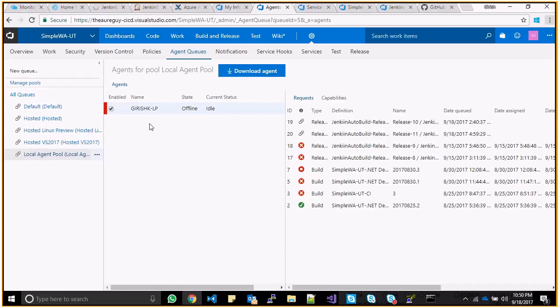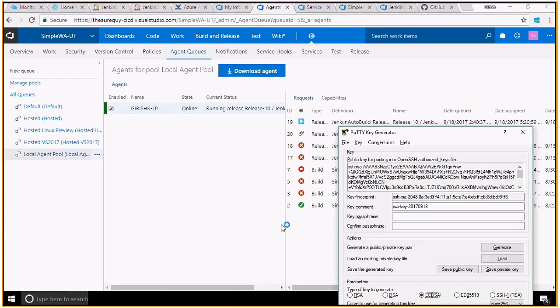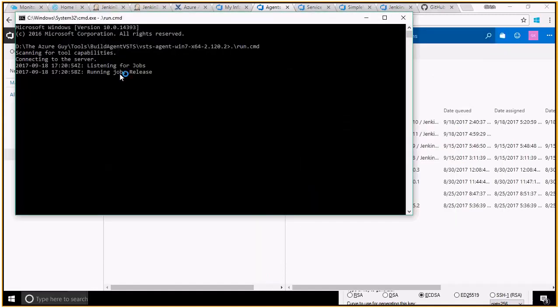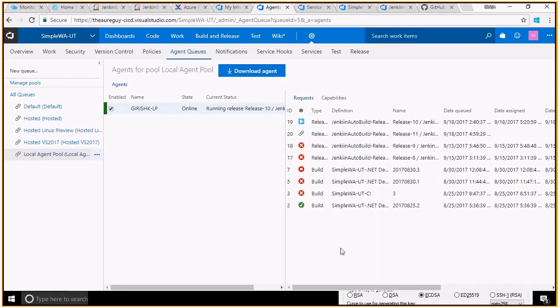So this turned green. You can see that my process is online, and you can see it's listening for jobs. If any jobs are there, it would trigger running the job release. It got some last release job on top of it, so it's actually building that particular code. Irrespective of developer teams triggering a lot of jobs,